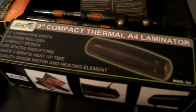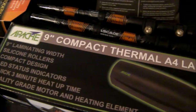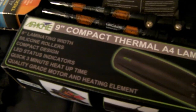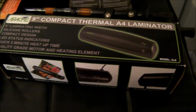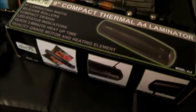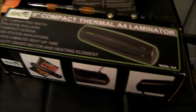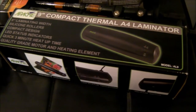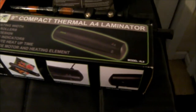Okay, then I have something a lot of y'all don't think about, but for backpacking and even camping, this is awesome. It's a 9-inch compact thermal laminator made by Apache. Only $15, and it comes with some 8.5 by 11 laminating sheets to get you started, a pack of 2 different thicknesses. And it's awesome. I love using it for all my trail maps, and waypoint coordinates and trail notes and stuff like that. I print those out and